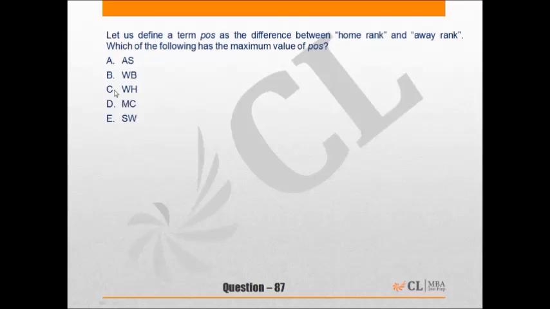In the next problem, POS is the difference between home rank and away rank. Which of the following has the maximum value of POS? So let's compute the value of POS for each of the 5 teams given in the options,